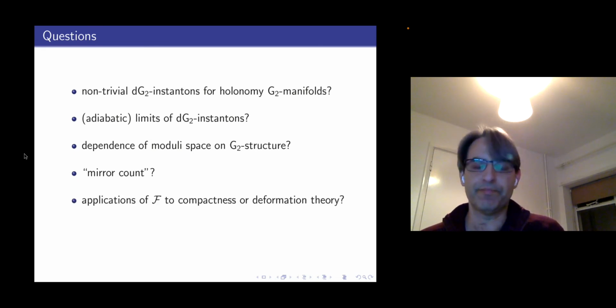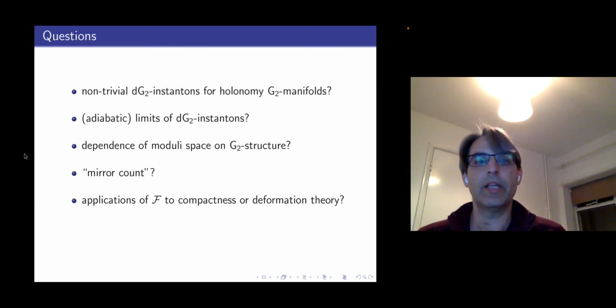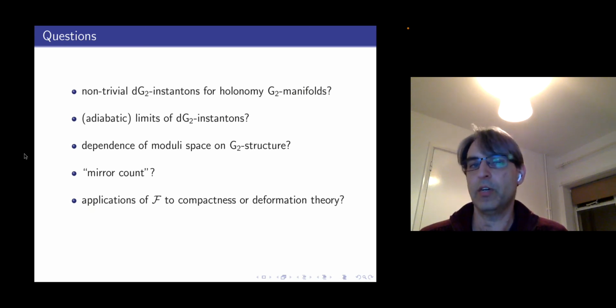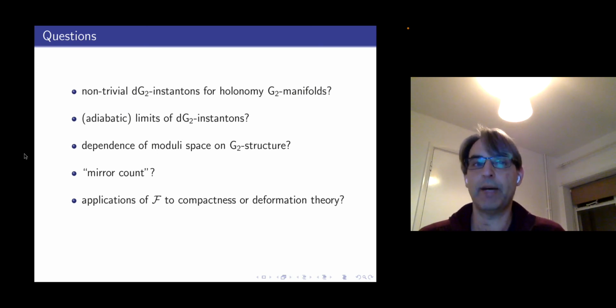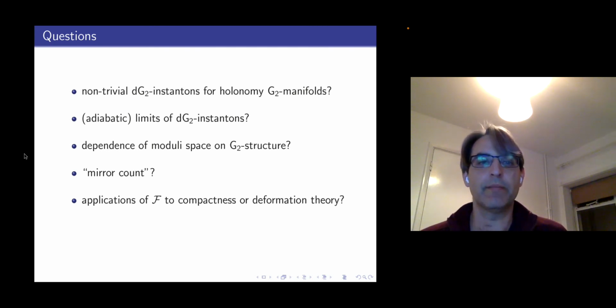I'm particularly intrigued by the Chern-Simons functional, and I liked that we could use it to study the deformation theory. And I'm wondering whether there is a way to apply the Chern-Simons functional more generally to study deformation theory, and perhaps to study compactness. For example, we saw that in examples a local maximum was being defined. The functional f was always bounded above. Could you use the fact that f has an upper bound to say something about the compactness theory? Does f have to be bounded above? These are things that I think are worth studying.